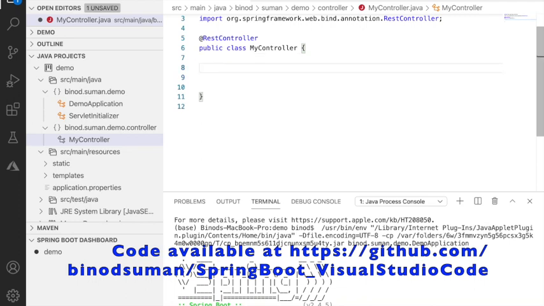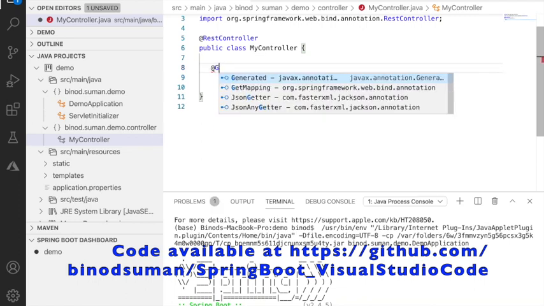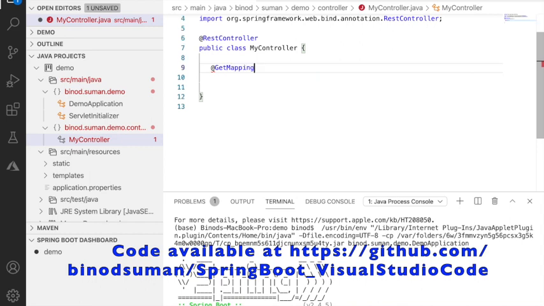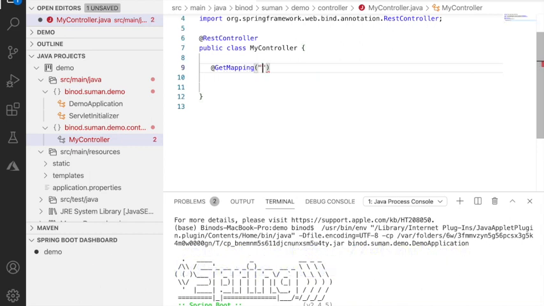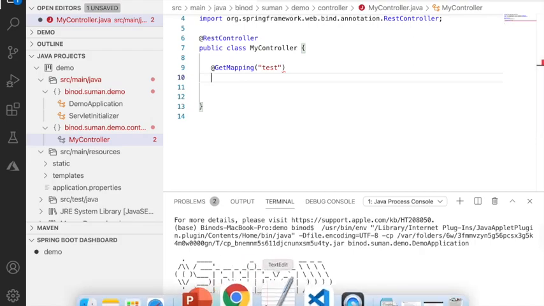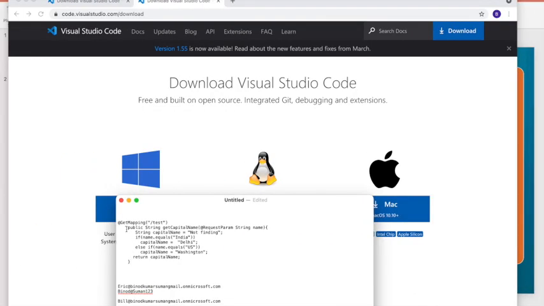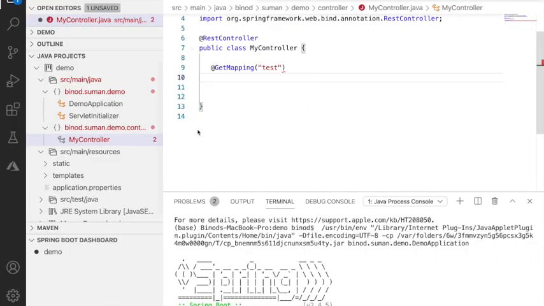So I have to use GetMapping and just put the test. What I'm going to code here is, you just give the country name and my controller will give the capital name for that. For the interest of saving time, I have already written that code, so you can just paste it here.